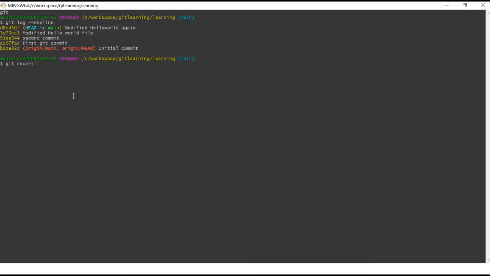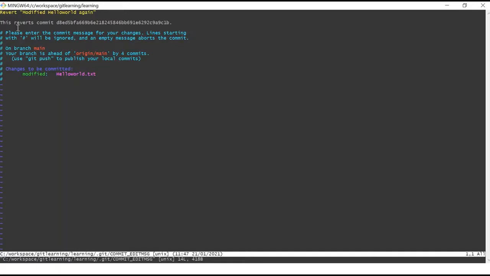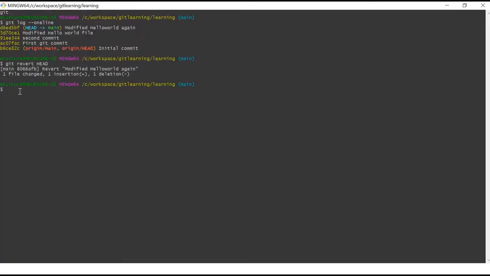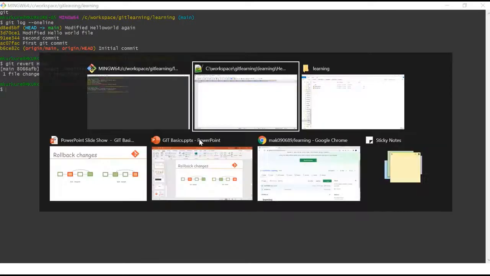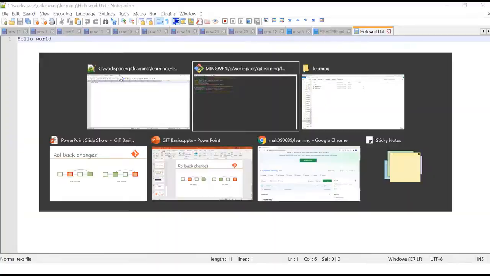So what we can do is, if we write something like git revert, then it will take our head one step back, like it will go here, modify hello world file. I will hit enter, and it asks you to type some message, but I will keep the message as is, revert modified hello world again, and just do wq. Yeah, so you can see the file is reverted, it is successful now. If we go and see the hello world file, we had modified the content of hello world to hello, but now the hello world file content is hello world. So that means the commit is reverted back.